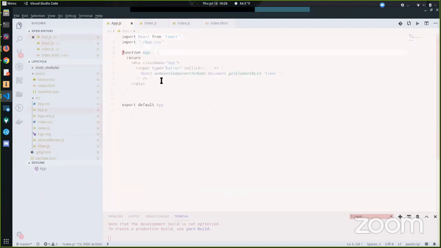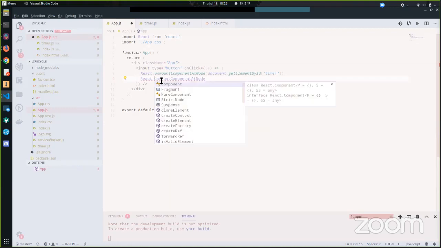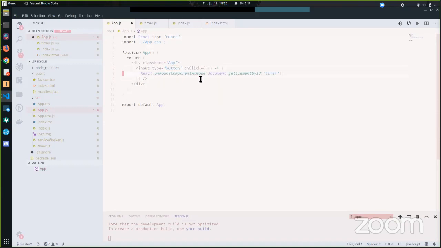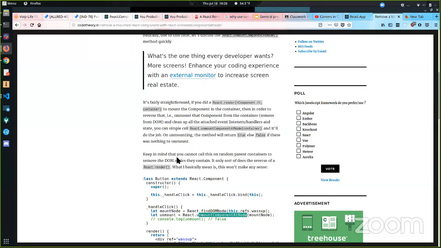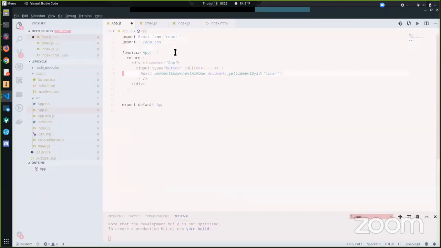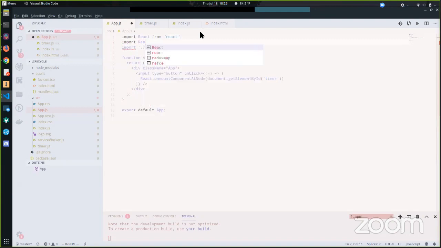Yep. Certainly looks the same. I wonder if it needs to be React DOM instead. It's probably React DOM and not just React. Yeah, it has React dot find